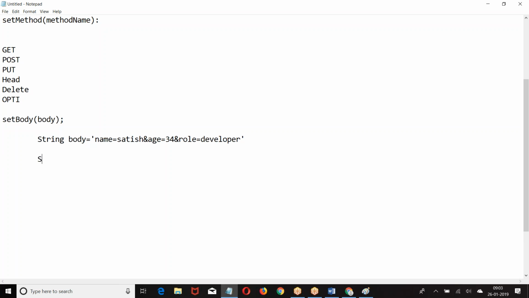No, you want to send it as JSON? No, I want to send it as XML.